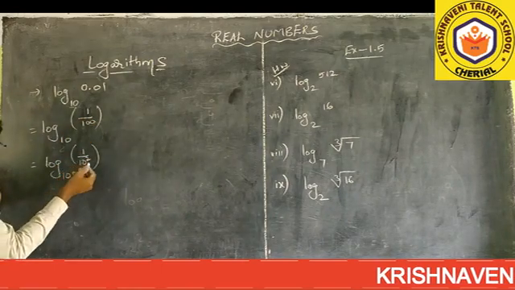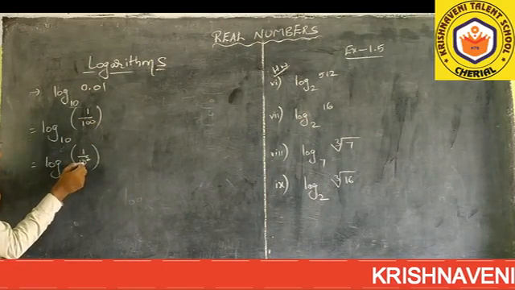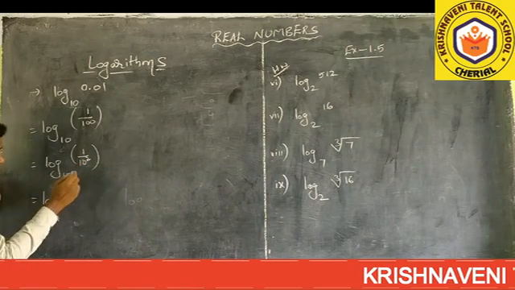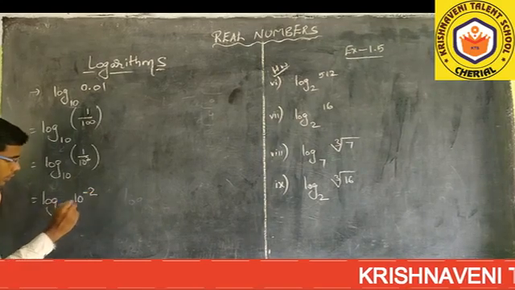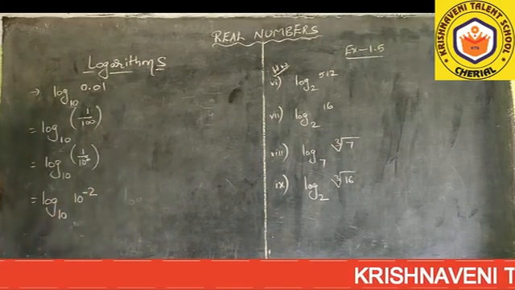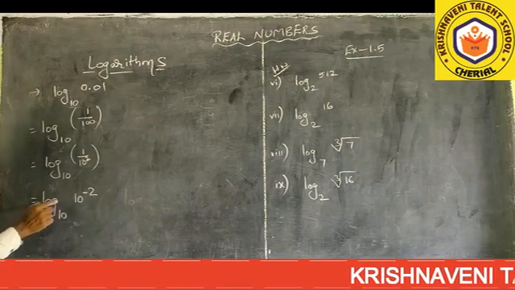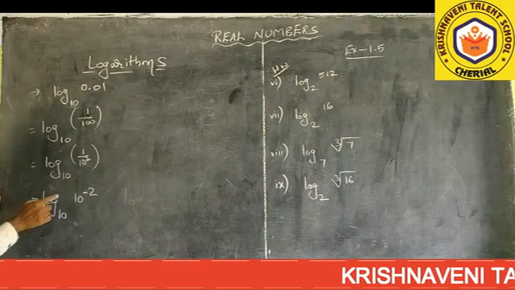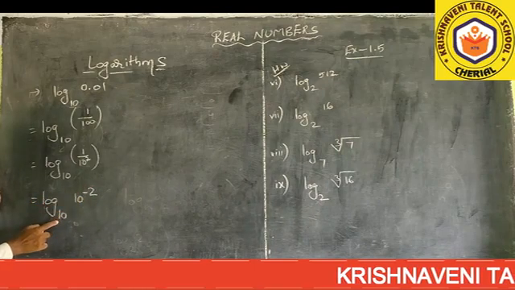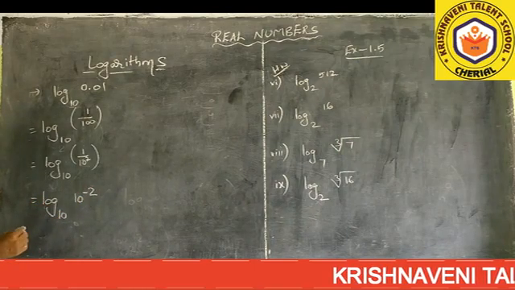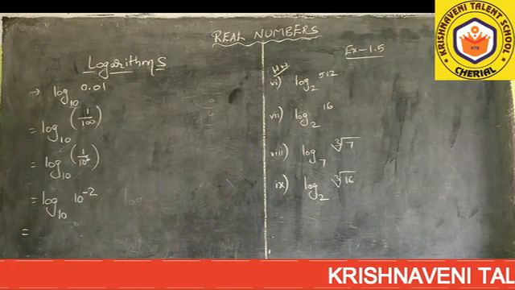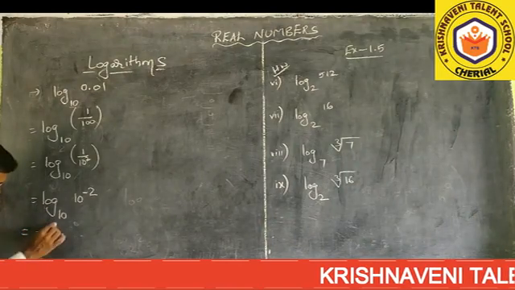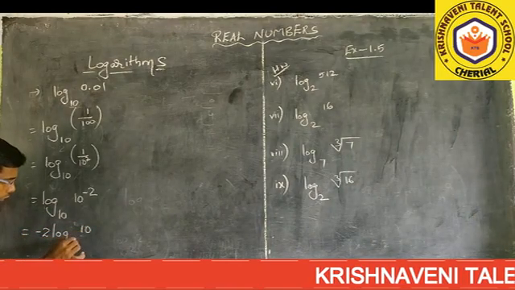Here onwards, you already did some problems. 10 to the power of 2 is in the denominator. You send it to the numerator part, which equals log 10 to the power of minus 2 to the base 10. If you observe properly, here you can use which law? Log a to the power of m to the base n. Once again I am saying, log a to the power of m to the base n. Which law is that? That is the third law. If we use the third law, log a to the power of m base n, we can write it as m log a to the base n. So by that law, this equals minus 2 log 10 to the base 10.